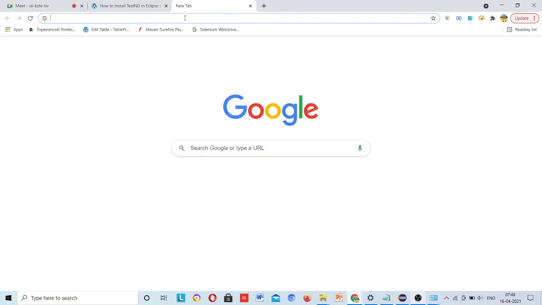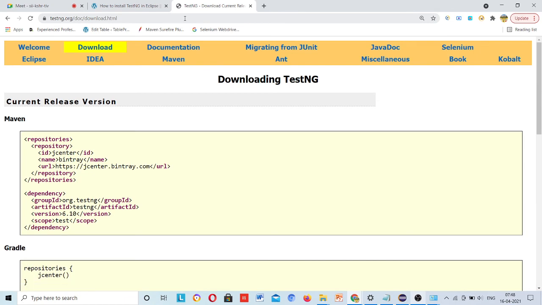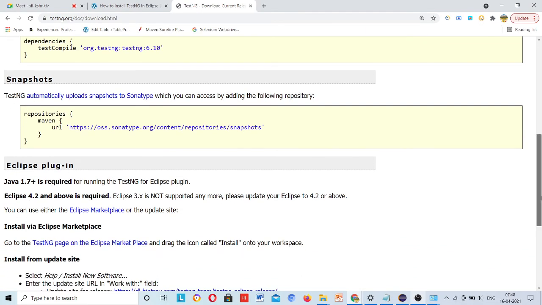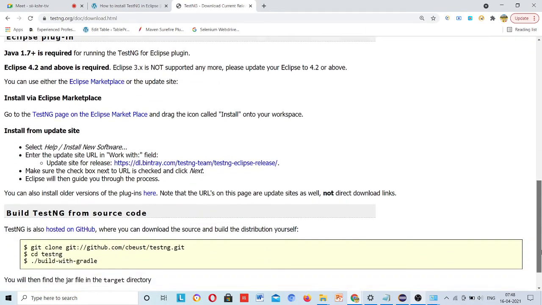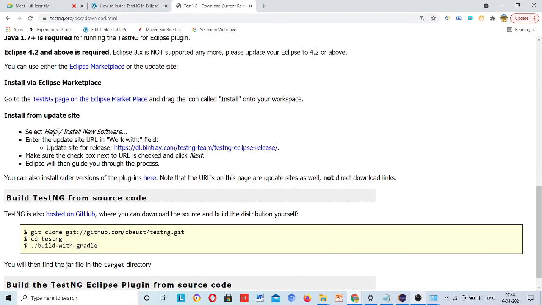So go to this path, download HTML, and here you scroll down. I have pasted this path on the chat box. You can take the screenshot as well. Okay. So in this path you will see update site for release. Okay, right click here, copy link address,